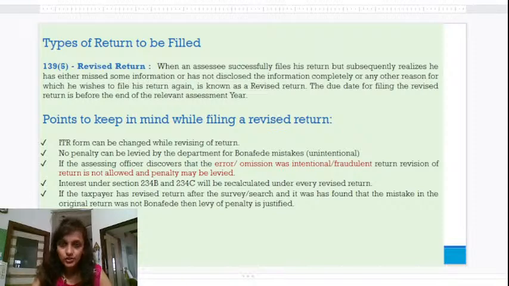There is no restriction on the number of times that a tax return could be revised within the specified time frame. The revision could be done either in the same original income tax return form or in different return forms. Once the new return is filed under section 139(5), the original return that was done under 139(1) should be considered as withdrawn and the revised return will be validated.